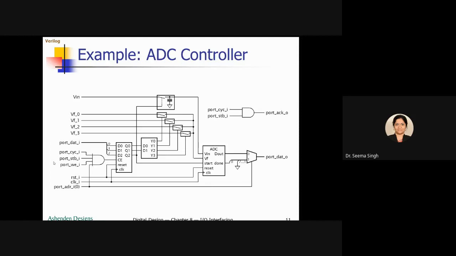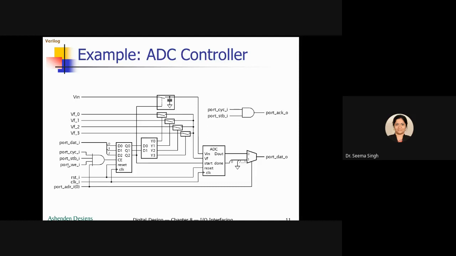So you imagine a Gumnut processor block here, and all these come from it. When a processor is interfacing with the controller, it needs to be acknowledged that the work is going on in the ADC controller.